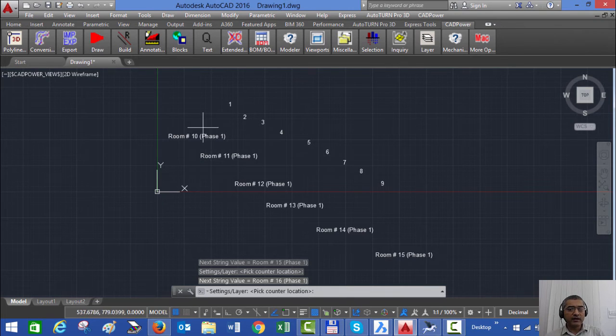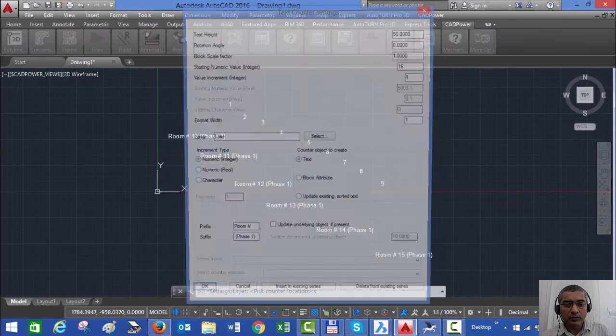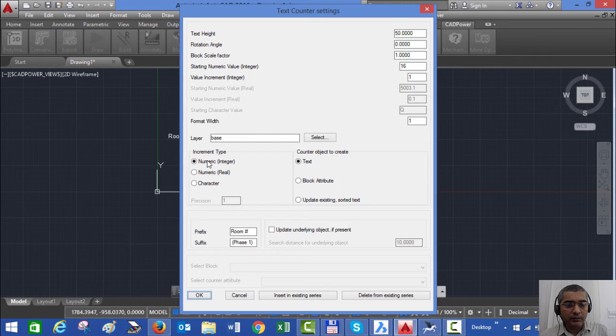Okay, so it's very easy to create a text which has got a sequence as well as a prefix and a suffix. Now what if you have already created this and you want to change something? You don't have to redo the whole thing. You go back to settings. I'm going to choose the suffix and change it. So instead of phase 1 I want phase 2, and instead of room number probably I want